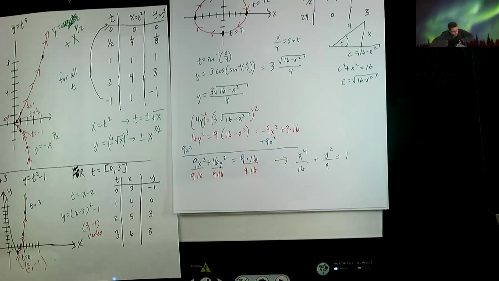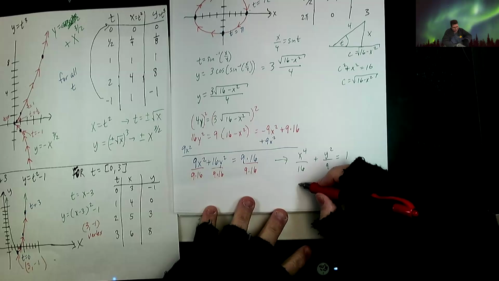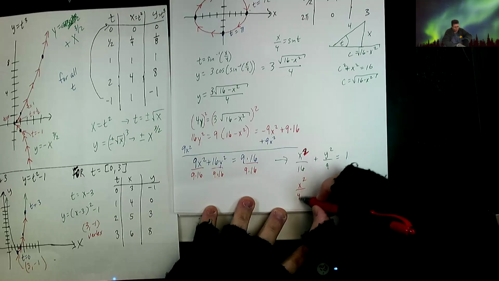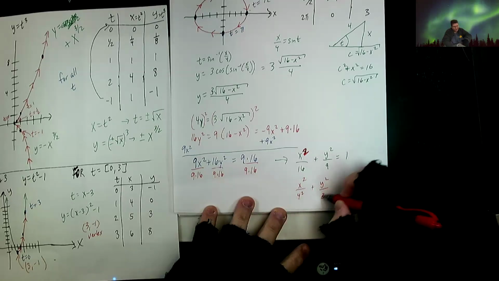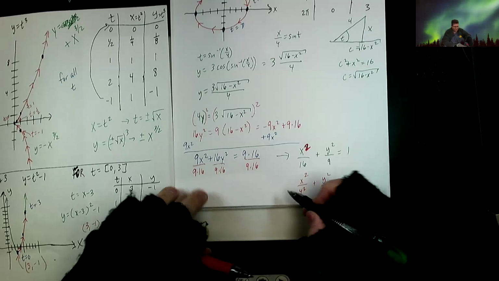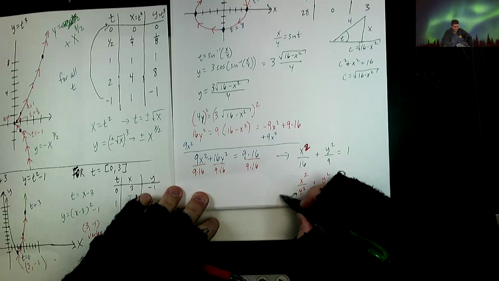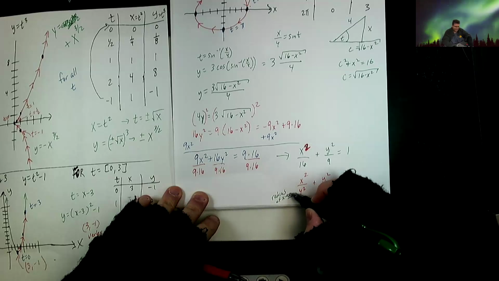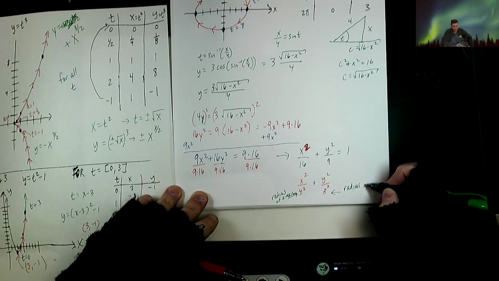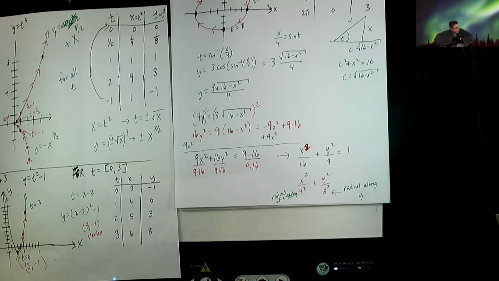It's probably been a while since you've worked with an ellipse equation, right? So how does that compare? This is like x squared over 4 squared plus y squared over 3 squared. This is telling you the length of the major axis or the radius of the major axis, or x-axis, I should say. It's the major one here, but that's like the radius along y. Radius isn't the right word, but